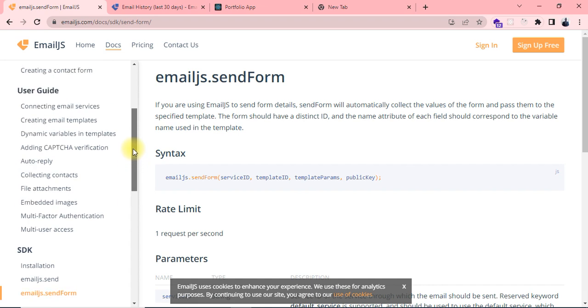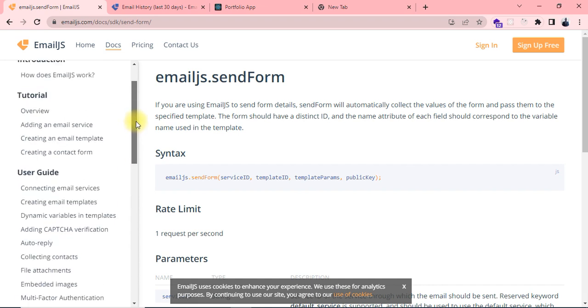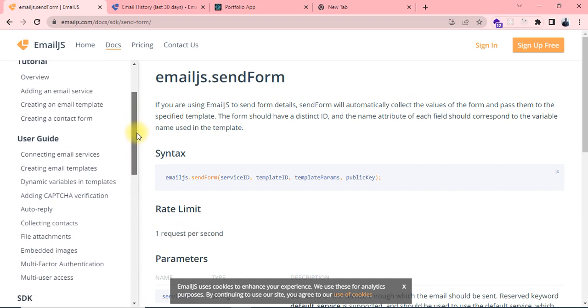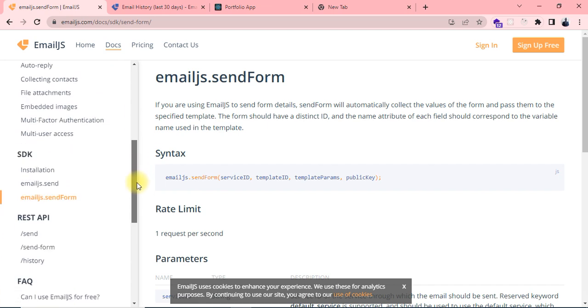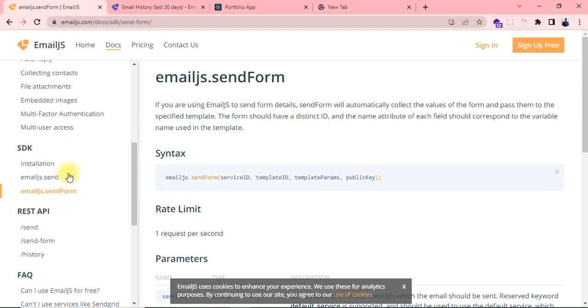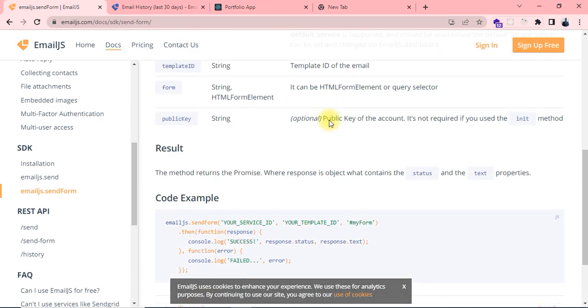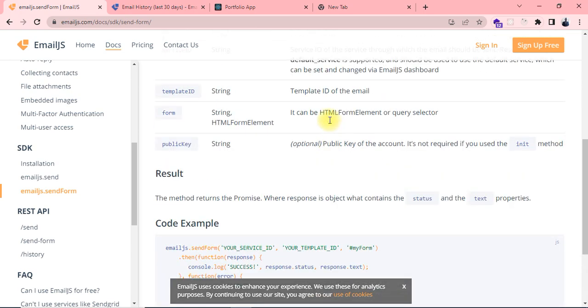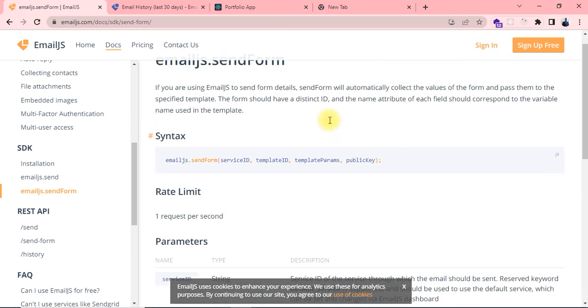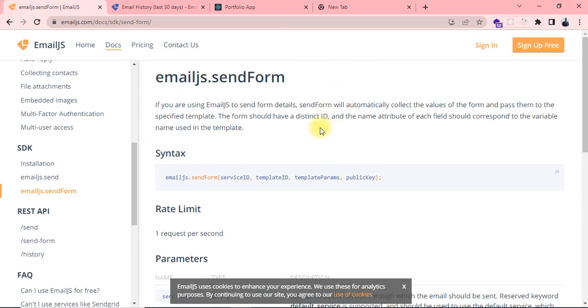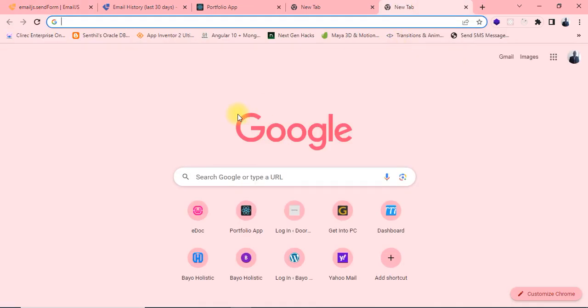If you go ahead and check their documentation, you will see what response you are expected to get. So it is either you get okay or you get something else. And you can see that one is showing okay. So if I log into my email now, I will see the